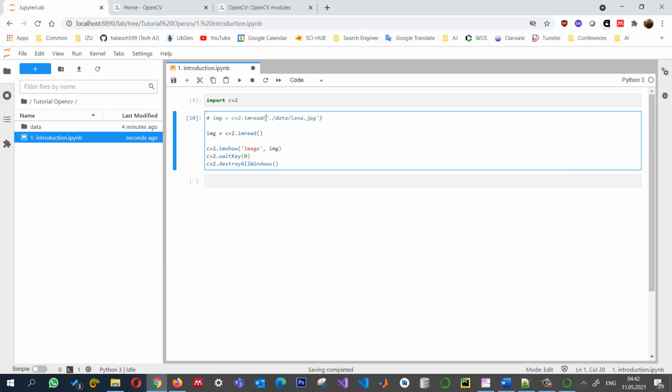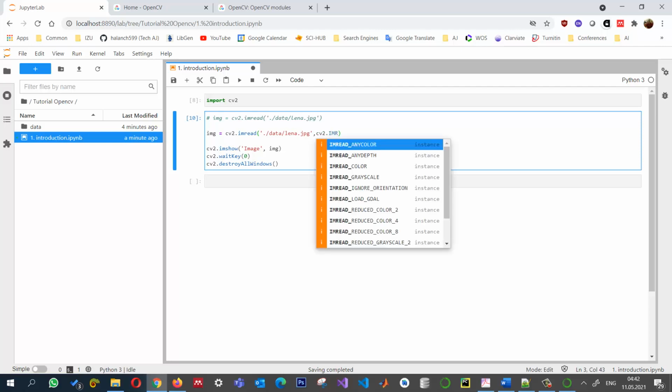I'm just going to copy the same string that I want to read and put it here. And the second one, we can provide cv2.imread, and when you click on Tab, it will give you suggestions. So IMREAD_ANYCOLOR means you can read in any color, any depth. If you want to read the color image, which is basically the default value, it just reads the